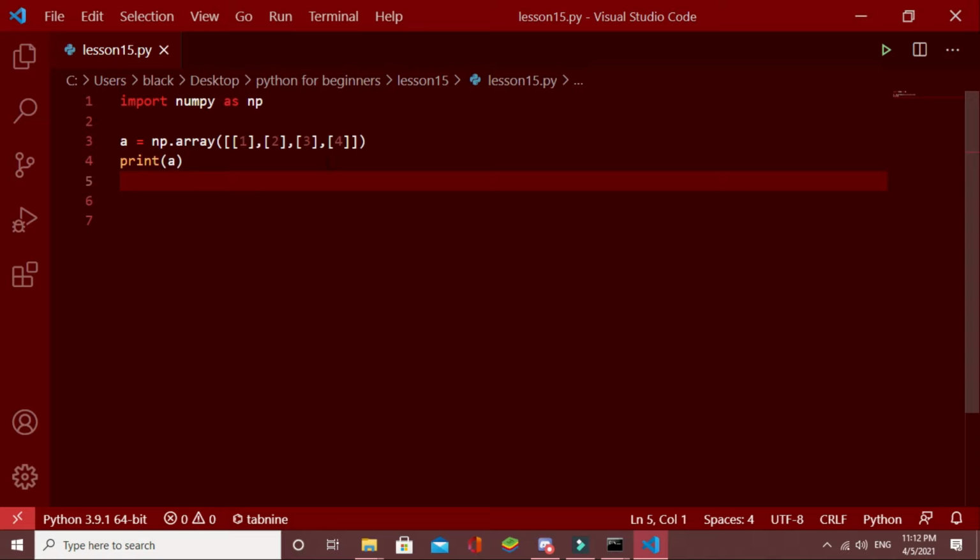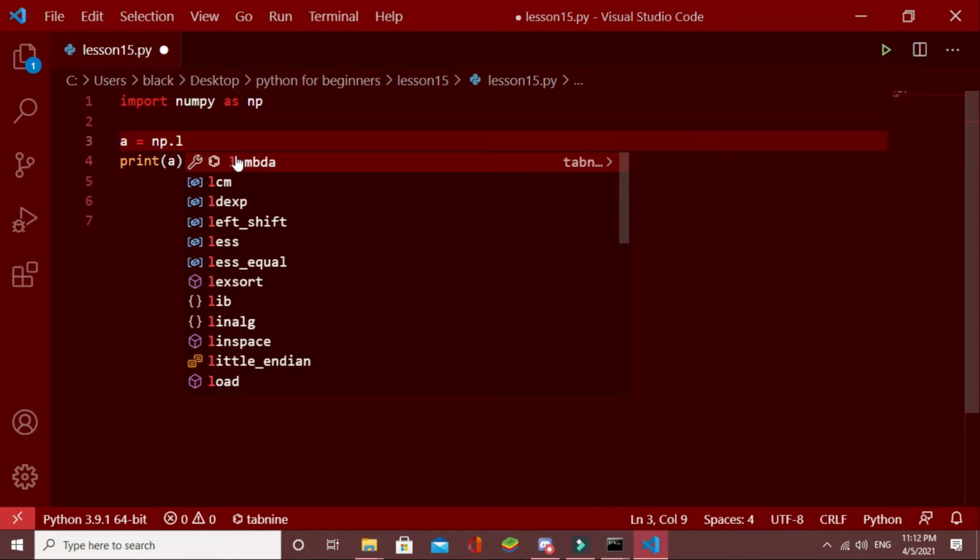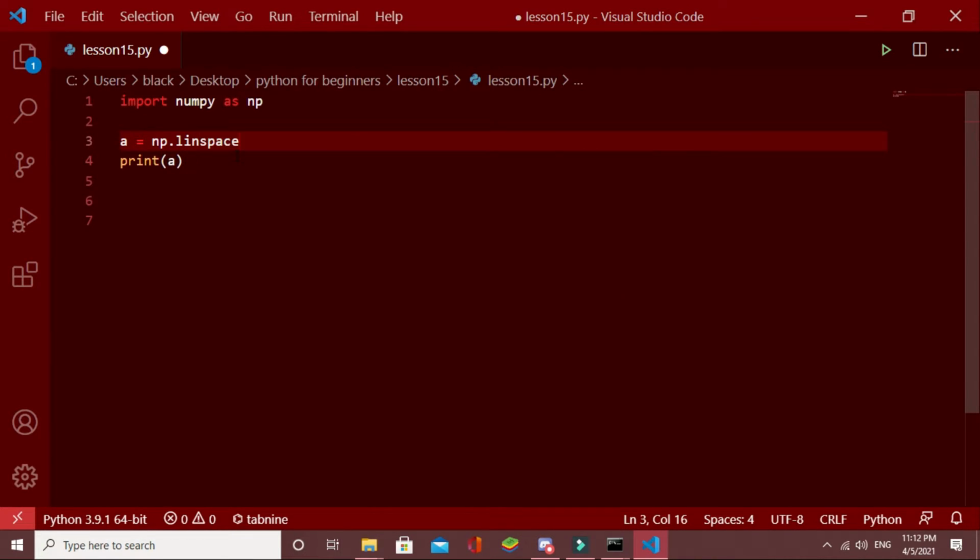Now there is another function in NumPy called linspace. What it does is create some number of elements which are linearly spaced between two given numbers. For example, let's say np.linspace.